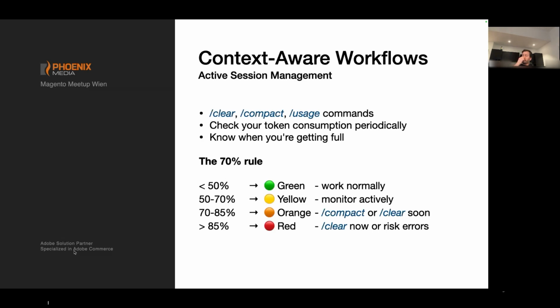Active session management is the first one. So what does it mean? There are a few things, especially, again, talking about Cloud Code, but you have the same thing in other agents as well. For Cloud Code, you have these three commands like clear, compact, and usage. Usage is wrong. There should be context. That was my fault. I will correct that afterwards. It's not usage, it's context, the one we used. Usage is actually for showing the session usage. That's something completely different, and it depends on how much you pay for it. So it's context in this case.